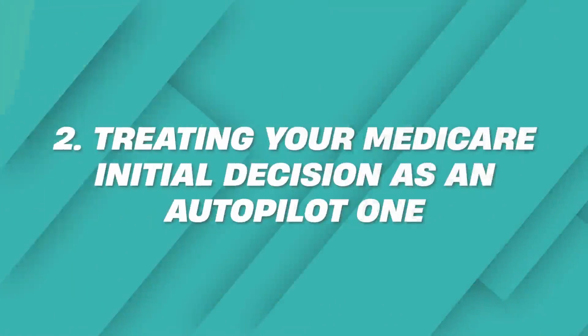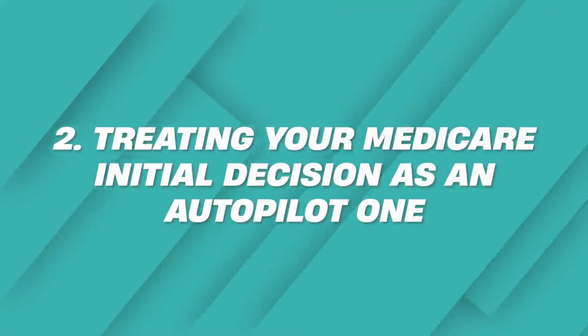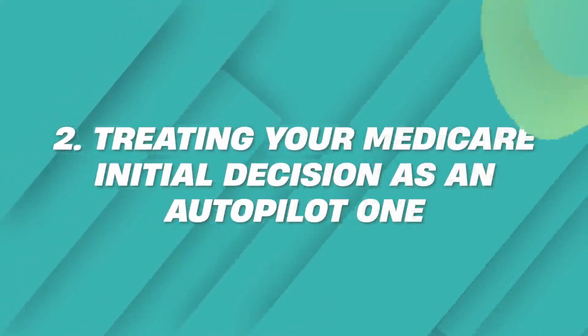Medicare mistake number 2, treating your Medicare initial decision as an autopilot one, thinking that the government is going to make that one for you and also make the right decision for you. So,